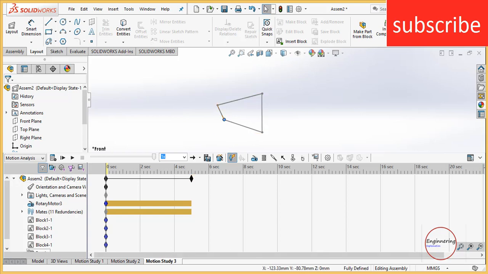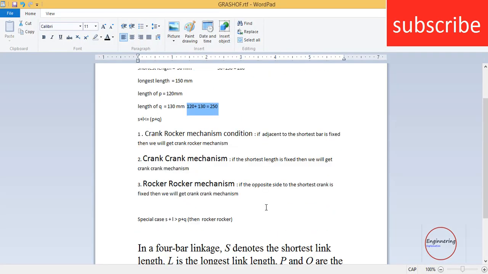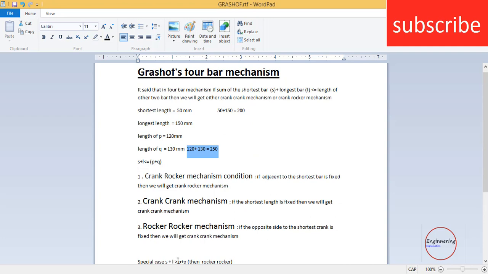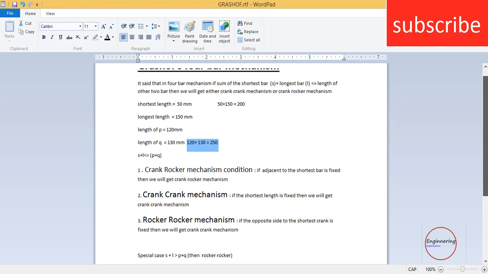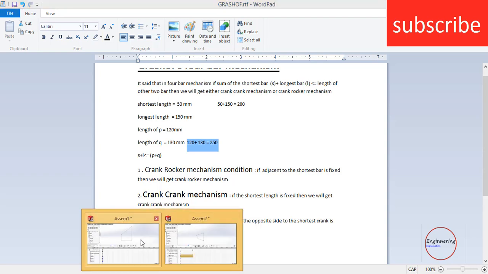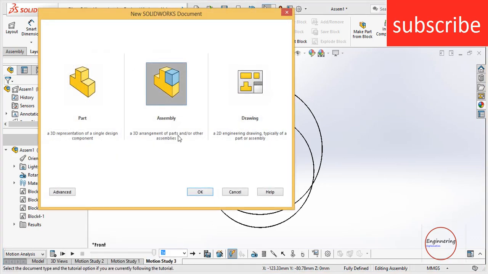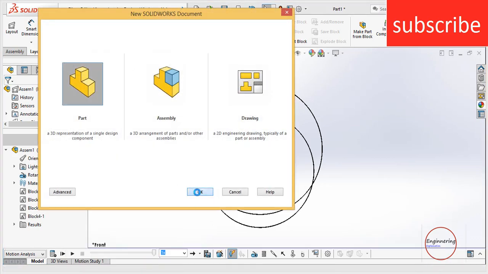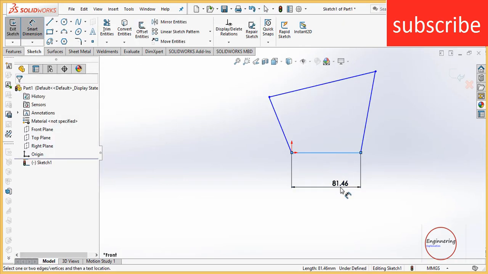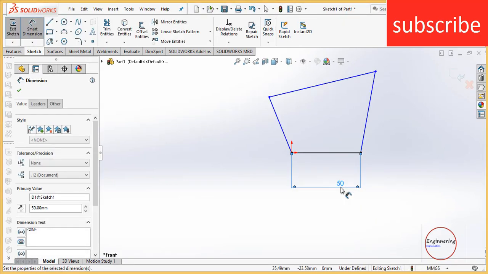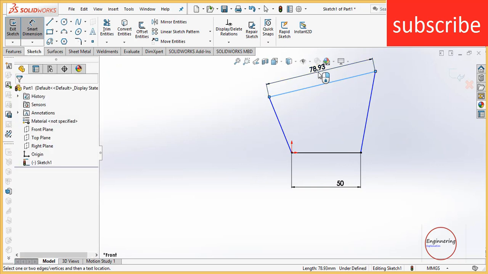Now let's see another condition. For example, a special case: if the shortest length plus the longest length is greater than P plus Q, then you will always get a rocker mechanism. Go to here, for example, I create a sketch so that you can understand more clearly. This is going to be the shortest length, and this is going to be the longest length.